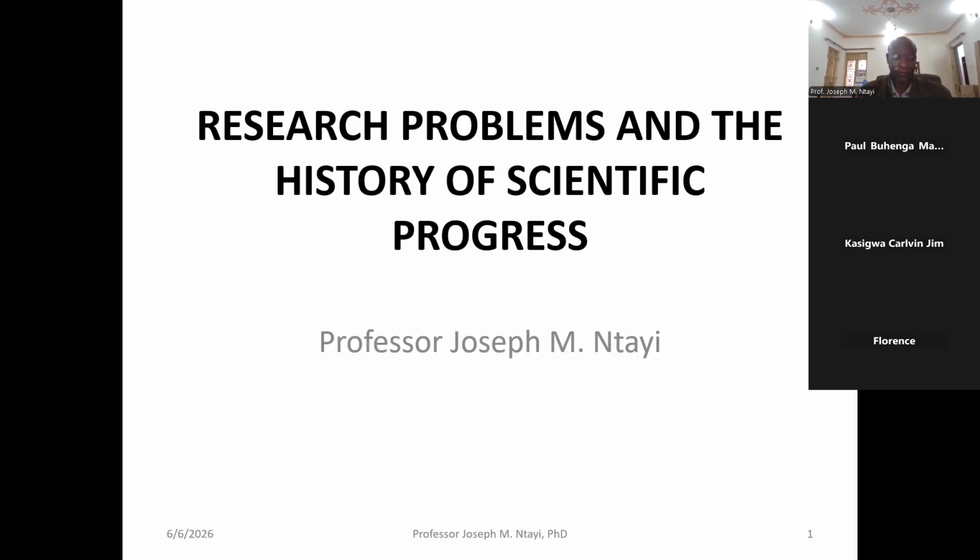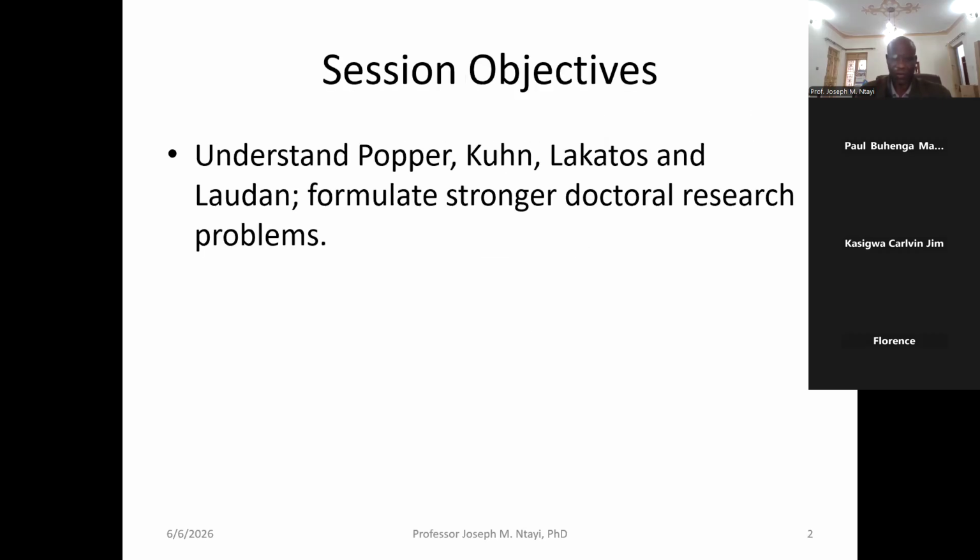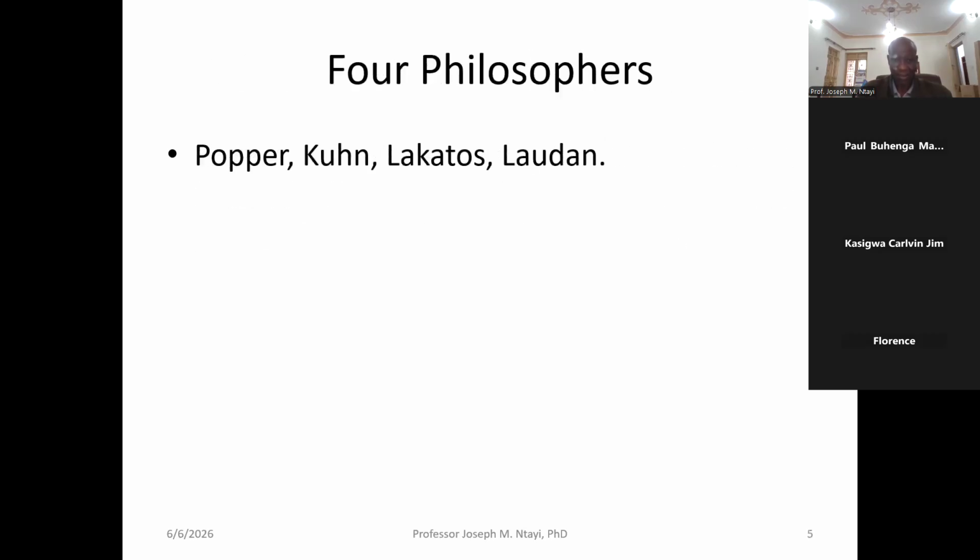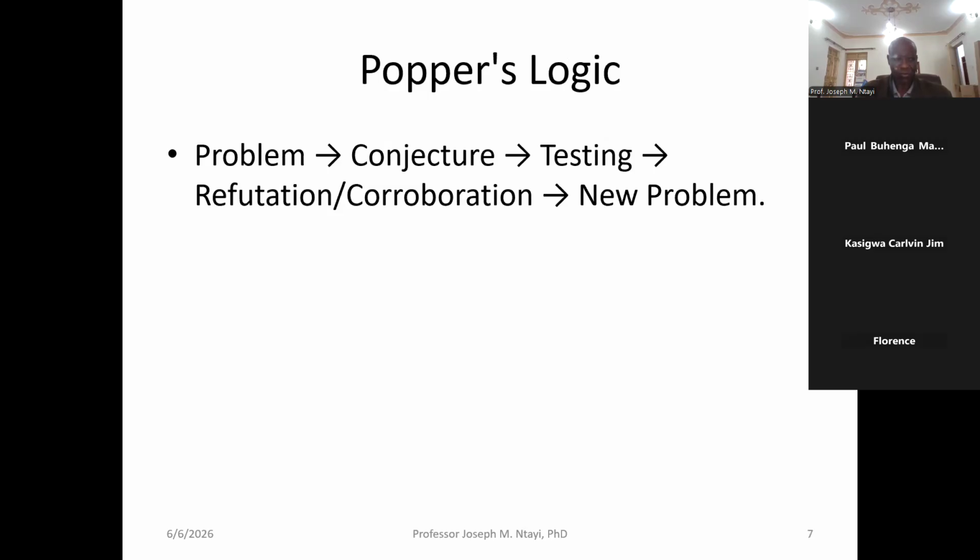So, of course, you need to be very, very careful. And I remember giving you examples in this particular area, right? So that gave us what we call the history of scientific progress. I introduced you to Karl Popper. I introduced you to Kuhn, right? But we did not go beyond Kuhn to see what Lakatos actually says, and Laudan. So those are the things that I think we need to look at.